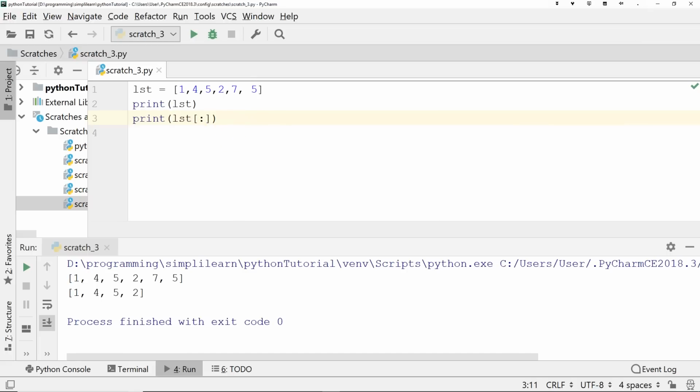Likewise, we can start from position 2 and go forward. And if you notice here, we get 5, 2, 7, 5. Position 2, if you look at this, we have 0, 1, 2. 2 points to the 5 position. So if you're going from left to right, you just say, hey, I want position 2, and you get everything